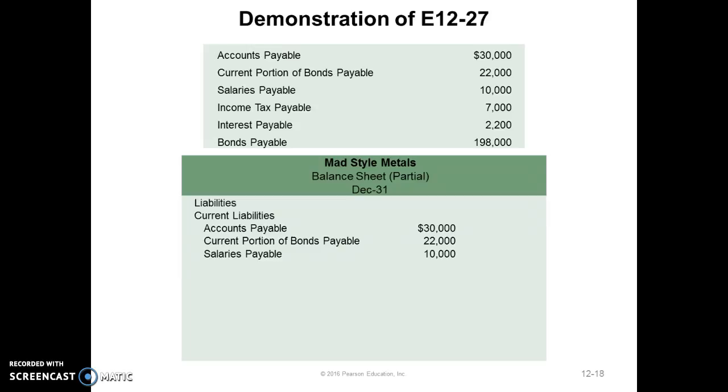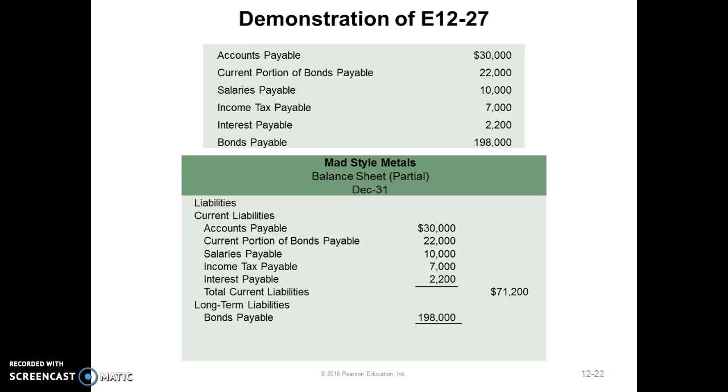It's classified, so we're going to classify between current liabilities and long-term liabilities. Current liabilities are liabilities that you owe within a 1 year period. So any liability that you owe within 1 year is a current liability. So the accounts payable, the current portion of the bonds payable, the salaries payable, the income tax payable, and interest payable, we're all going to pay within 1 year. So we have total current liabilities of